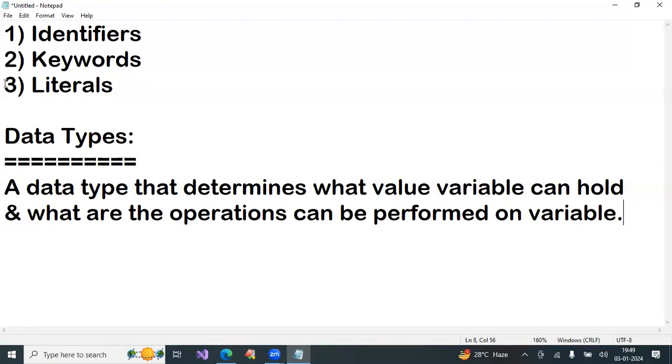You studied literals. Yesterday, I asked some questions. Employee number, which category of literal is required? Some companies will use integer literal, some will use string literal, alphanumeric also they'll use. Suppose they selected integer literal.